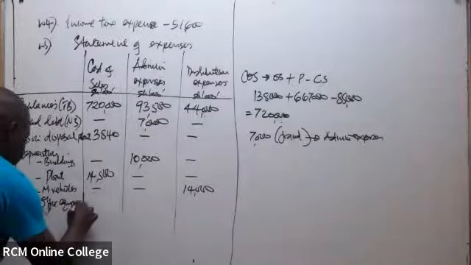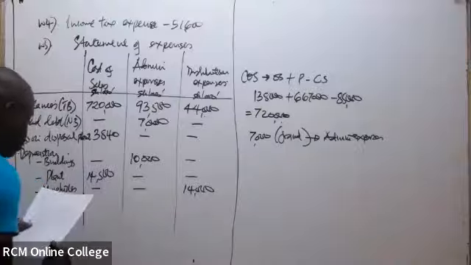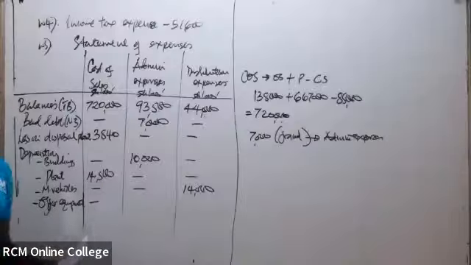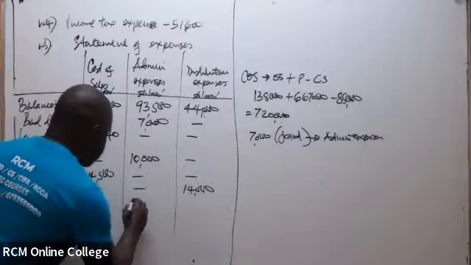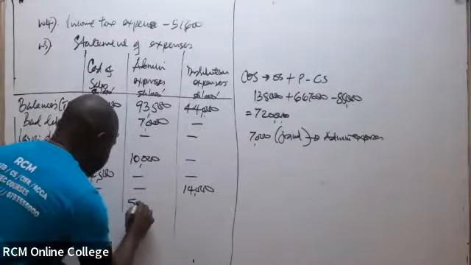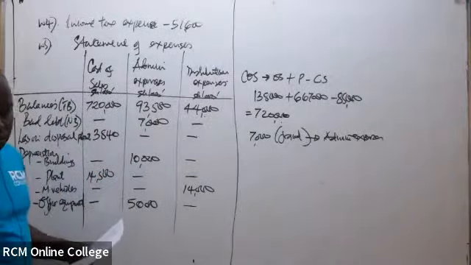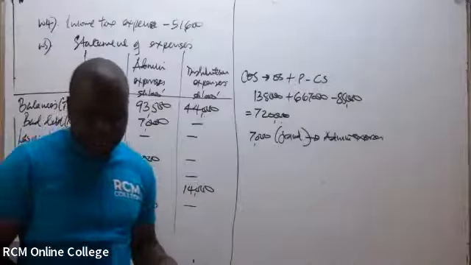Office equipment. We are told it will likely go to administration. Office equipment, how much was it? As per our computation, it was 5 million. So it will go to administrative expenses. Those are the items that will likely affect